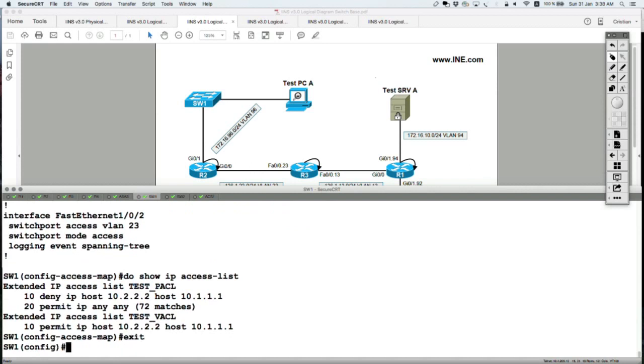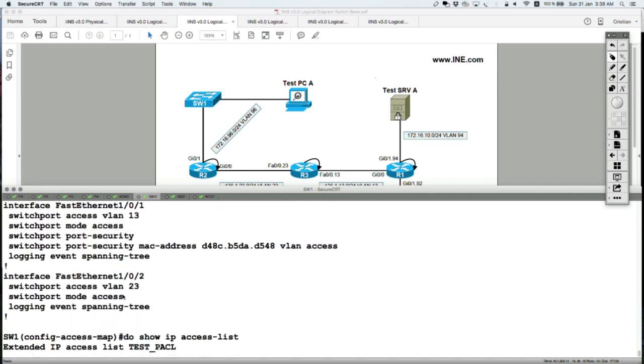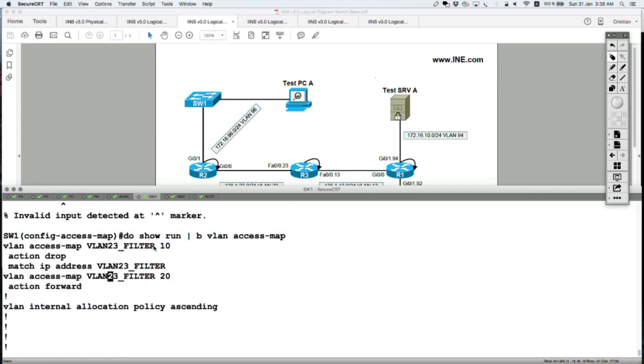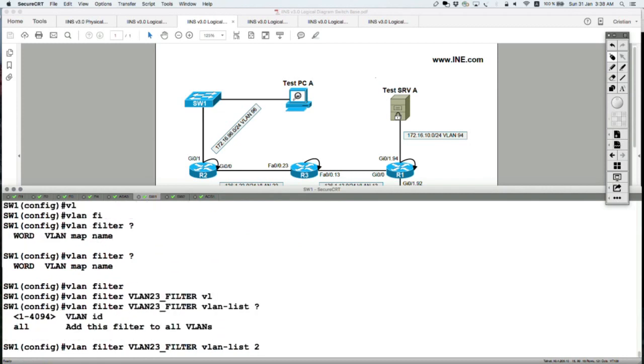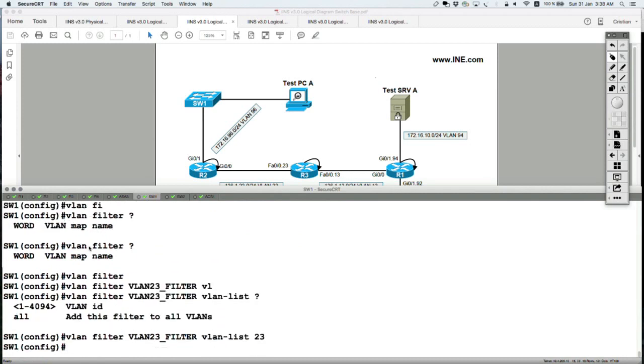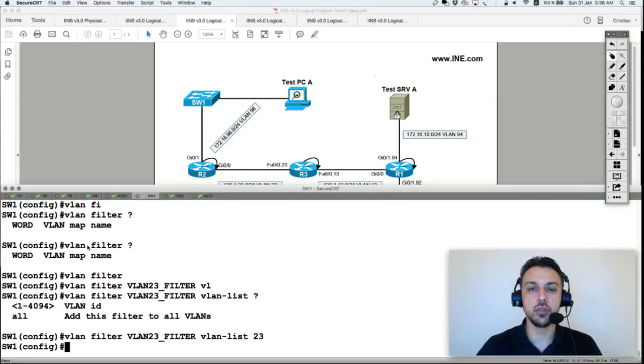Exit, and then VLAN filter and the name of the access map on VLAN 23. Now, VLAN 23. If you define in your VACL, if you don't define any non-IP filterings, then non-IP traffic is not affected. So the VLAN access map by default doesn't control IP traffic or non-IP traffic. As soon as you go in the VLAN access map and you configure an IP filtering, then